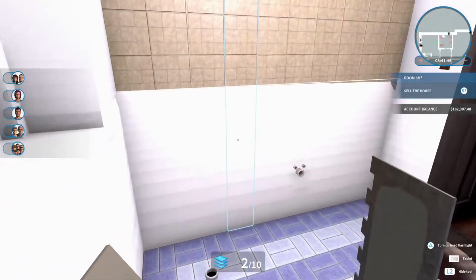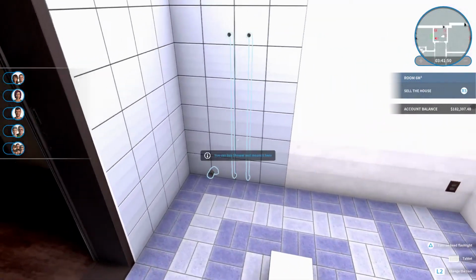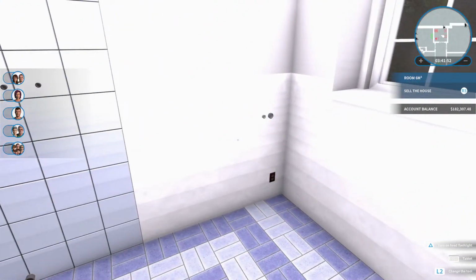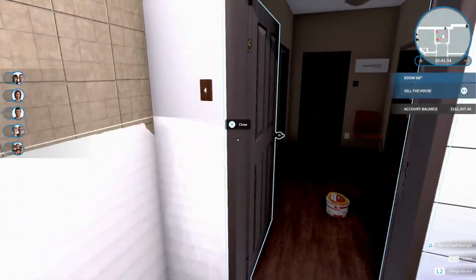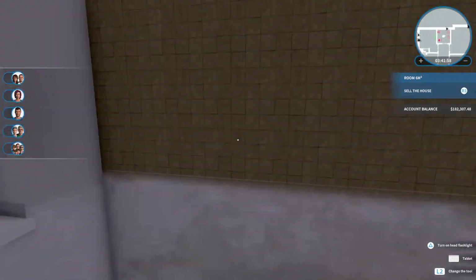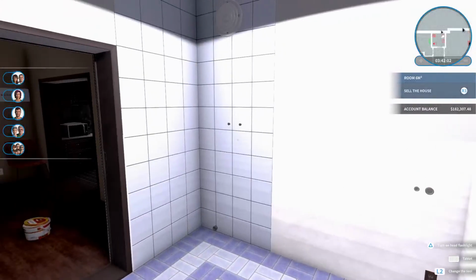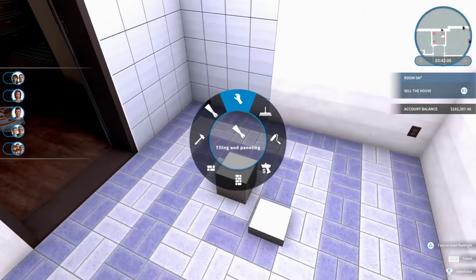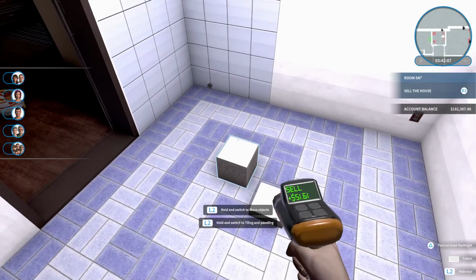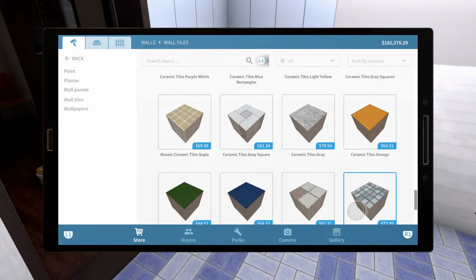Okay. And then the rest of the walls we will just paint a nice color. Turn this damn light off. It's so bright, can't see. Yeah. The rest of this we'll paint a nice color. I don't know why I bought 2. I thought it was gonna be bigger, but blame it on being tired, I guess. Okay, now paint